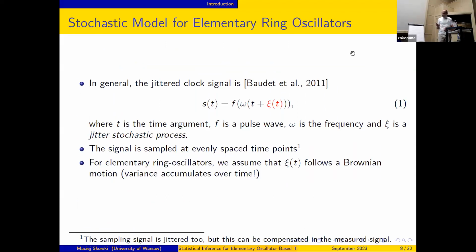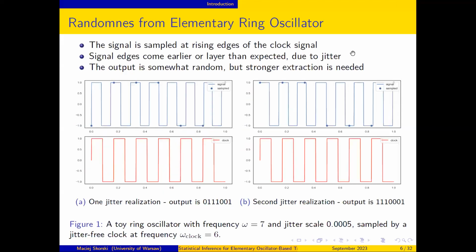Now, let me get deeper into modeling details. So the general principle is that I have a periodic signal in the form of a pulse wave. It has its basic base frequency, but that frequency gets perturbed by the stochastic process, random walk, Brownian motion in the case of ring oscillators. And we can assume, this is another trick that is used in practice, that the clock signal is jitter-free. This is essentially what was the case in this figure. Jitter was applied to the upper part, but the lower part was assumed to be jitter-free.